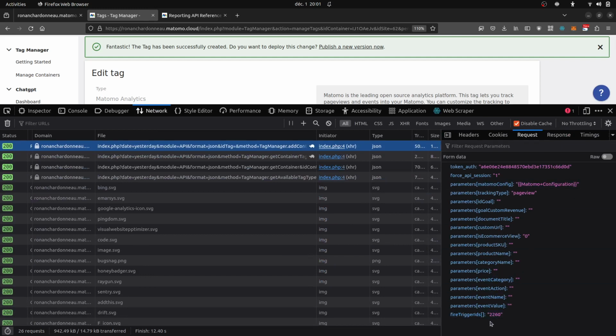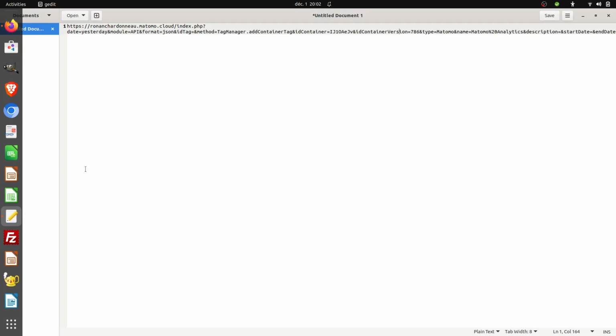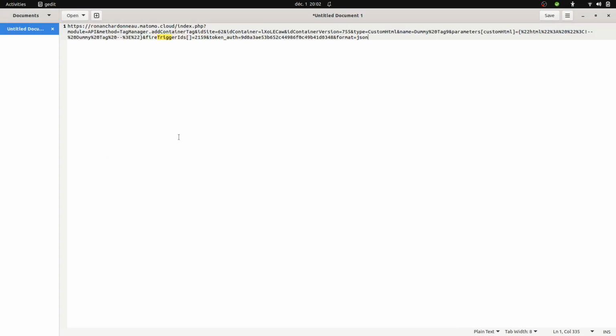So this is the piece of information which was missing and which is difficult for you to create a tag without having the trigger ID given to you. And the trigger ID, you can get it by querying the API as well. So just to make it simple here, I'm just going to take this given URL with all the syntax of, let's say, the most complex